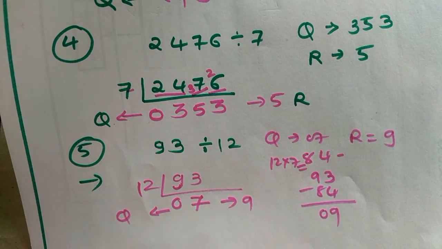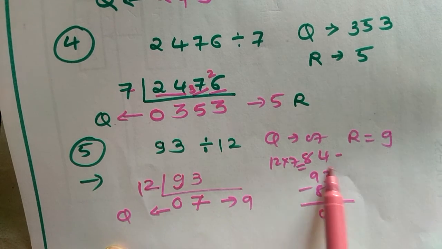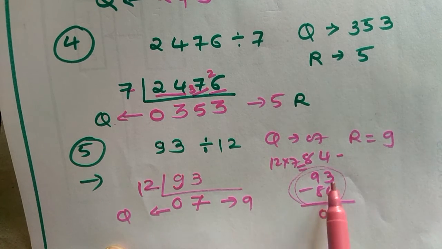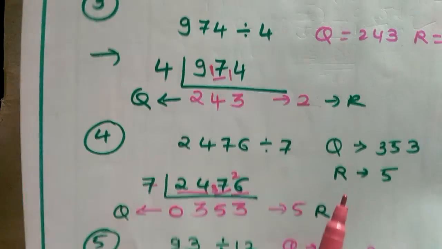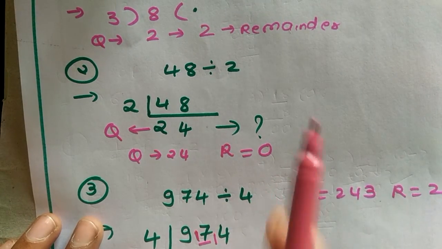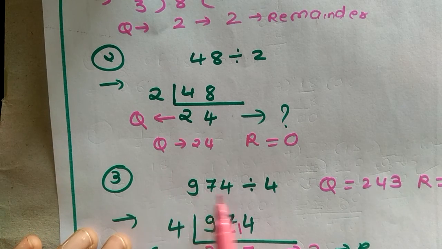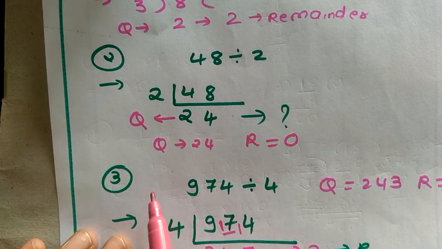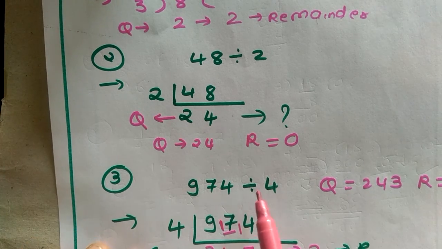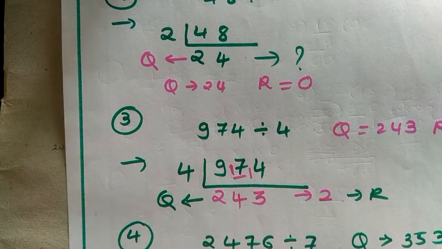As I told you, this becomes difficult because when we have a 2-digit divisor, we have to do the subtraction with 2-digit numbers. So this shortcut method is very useful when you have the divisor as a single digit number. So don't think about how big your dividend is. Let it be 5 digits, 4 digits, 3 digits, 6 digits and so on. When the divisor is a single digit number, I suggest you go for the short division method.